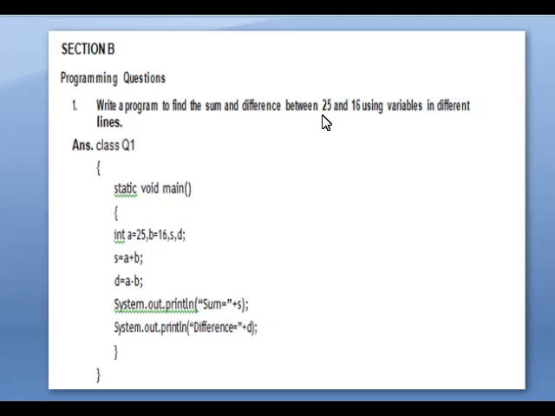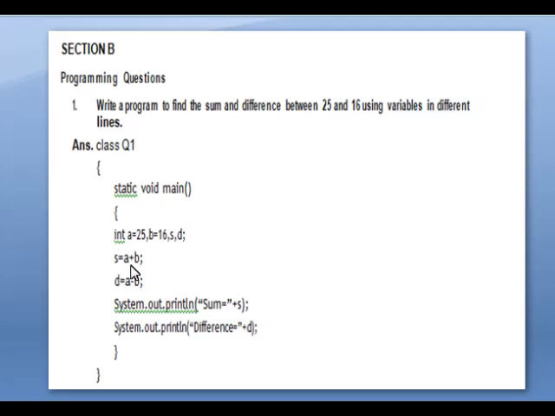First we have to take two variables to store these two values 25 and 16. Again we want two variables to store the sum and the difference. So in total we want four variables. So four variables are here: a, b to store the numbers, s to store the sum, d to store the difference. All the variables are integers, so it is int.